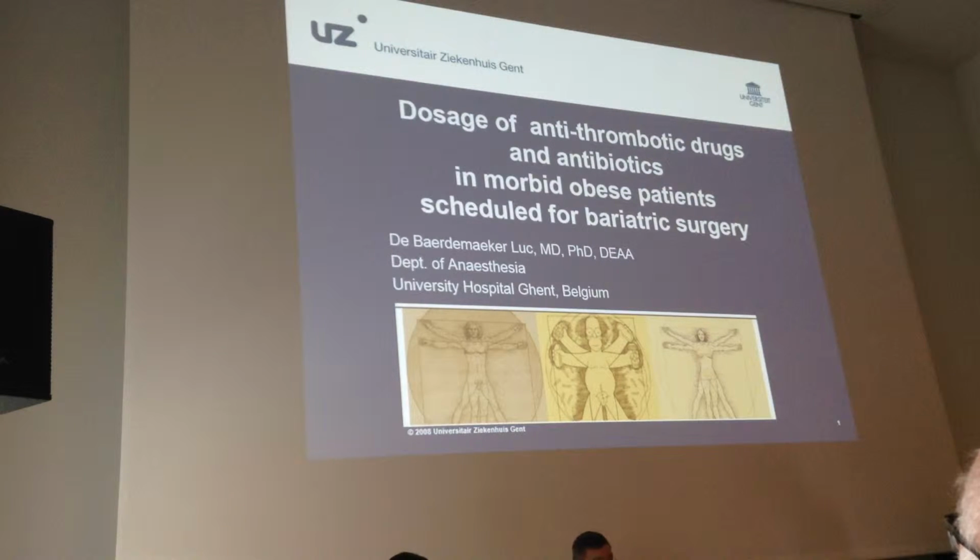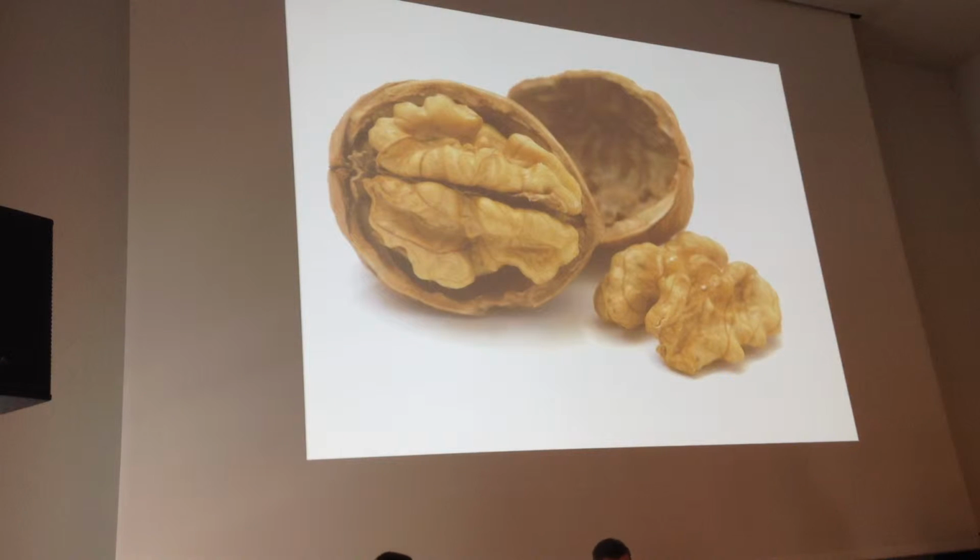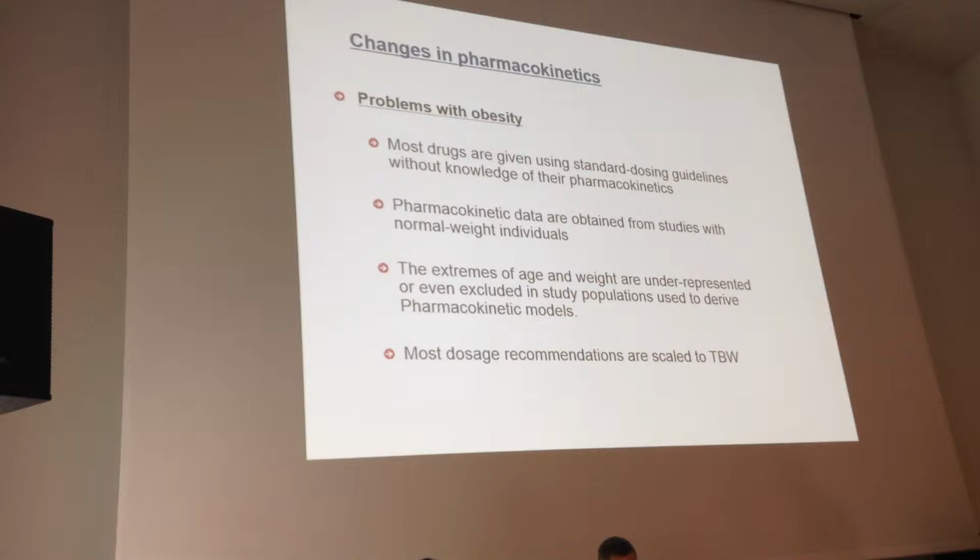Dear colleagues, Mike already mentioned that morbidly obese patients have a higher thrombotic tendency. They are more prone to surgical wound infections. And what's the problem? We have great drugs to treat and even to prevent these different morbidities. And one of the major problems is how to dose these drugs in our patients. Does obesity affect the pharmacokinetics? It does, and in a nutshell I will take you through some of these changes.